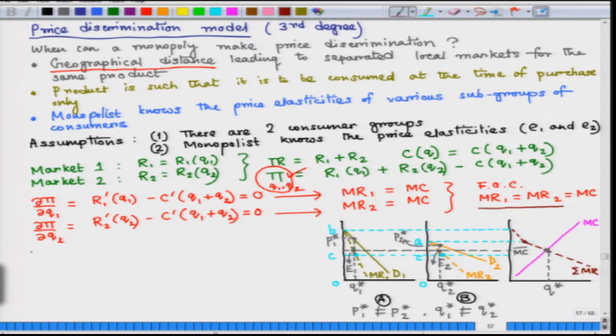So, by employing that relation between price elasticity and marginal revenue, one can write this for a price discriminating monopolist, right. Okay. So, now note that we can rewrite this as